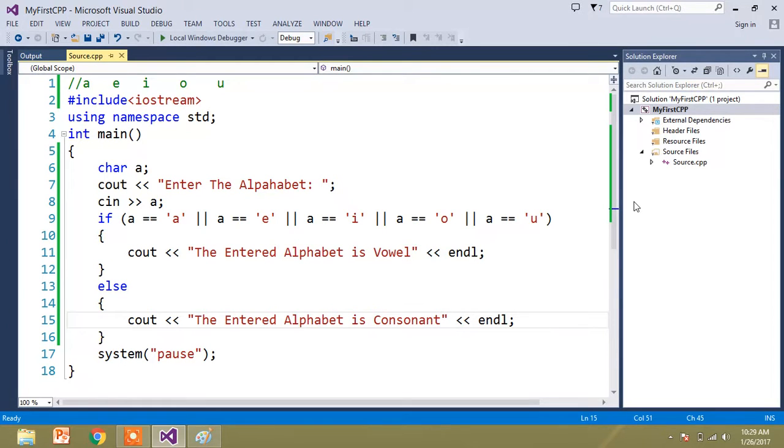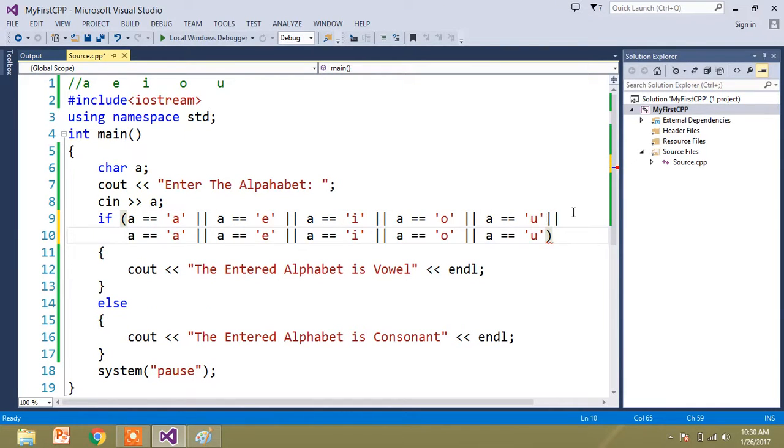Let us assume that the user enters lowercase every time only. What if the capital letters A, E, I, O, U also are to be called a vowel? Then what change am I going to make? Just copy this complete program and write the same program, checking these conditions also. If the user has entered A, E, I, O, U in uppercase also, then also you tell that the alphabet is a vowel.